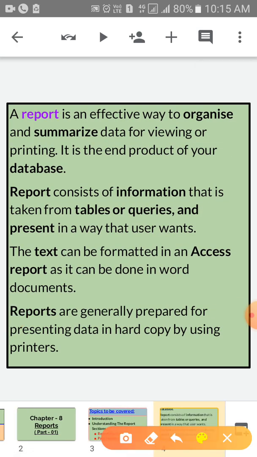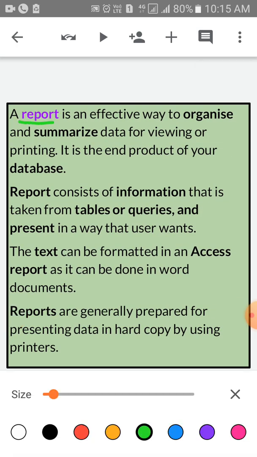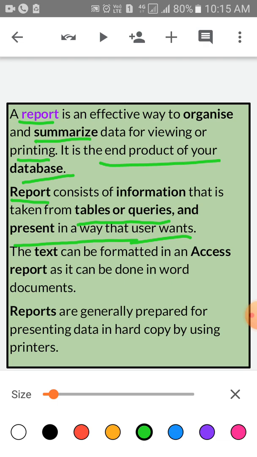Now, children, a report is an effective way to organize and summarize data for viewing or printing. It is the end product of your database. Children, a report consists of information that is taken from tables or queries and presented in a way that the user wants.